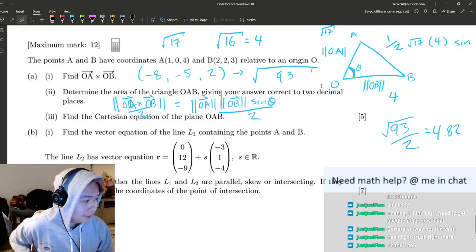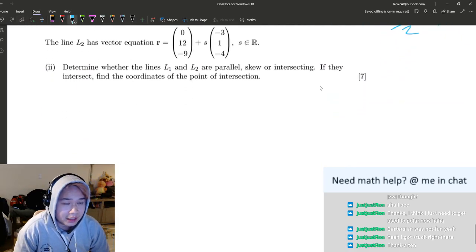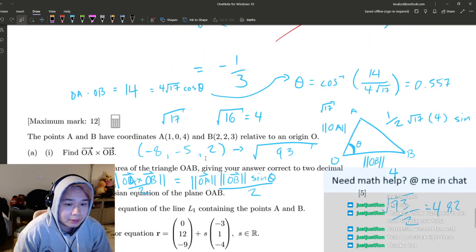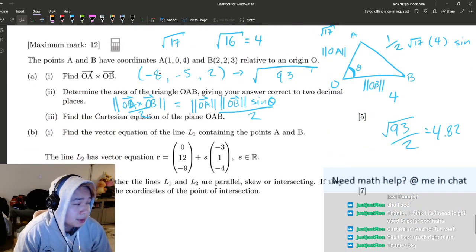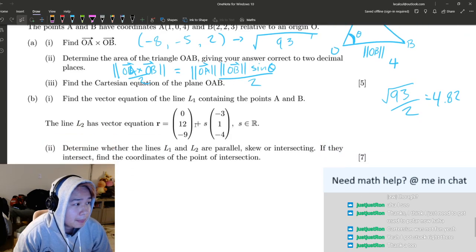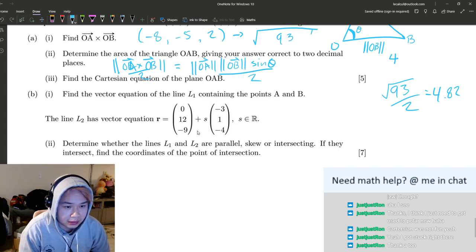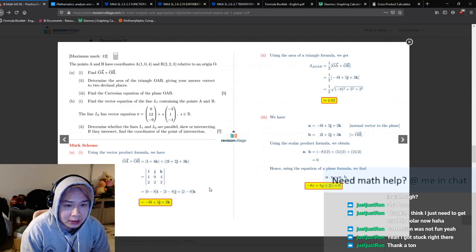Oh boy, yeah. I need a refresher on this, but our vector product is the normal of our plane. And then, basically, the equation of the plane